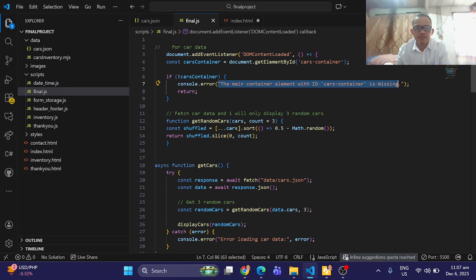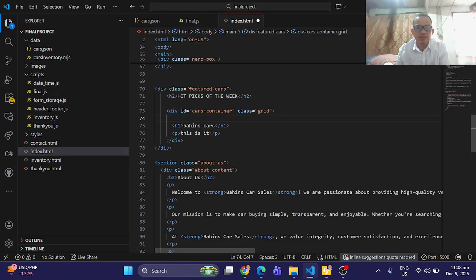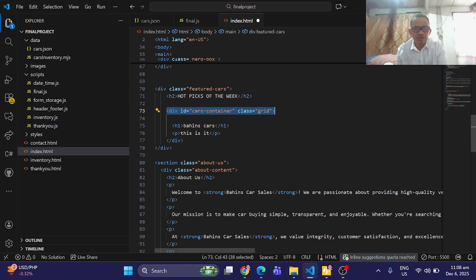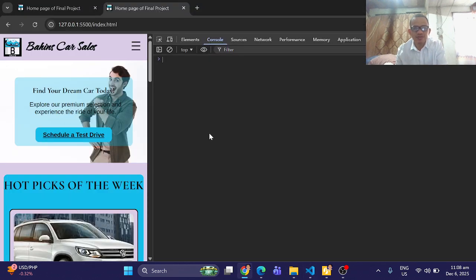But if we comment out this container, meaning it is disabled, then we will see this error message in the console, meaning the container is missing. Okay, so pull it back. Now the error is gone.